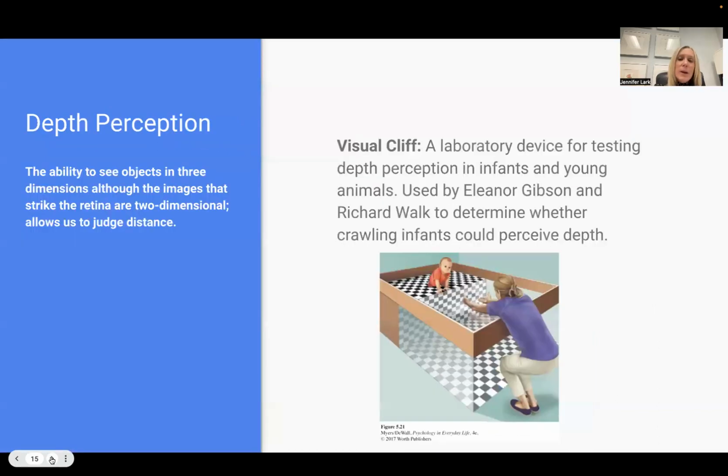Okay, we talked a little bit about depth perception, and I'm going to wait until our class time together next time to explain the visual cliff experiment for you. But go ahead and for now, just get the definition of depth perception into your notebook, and we'll talk about this more in class. So nothing needed here for the example. If you wanted to just write visual cliff, you could do that.